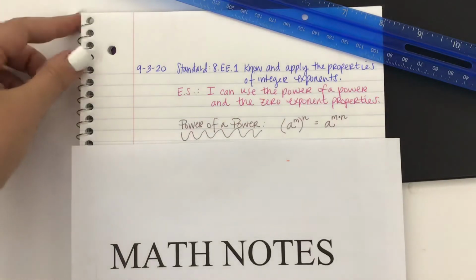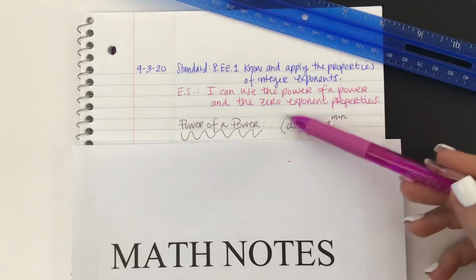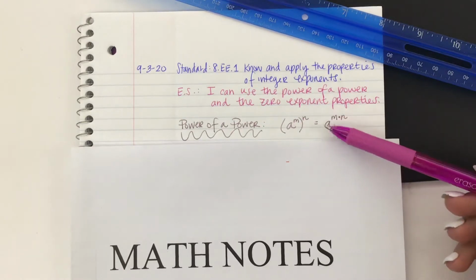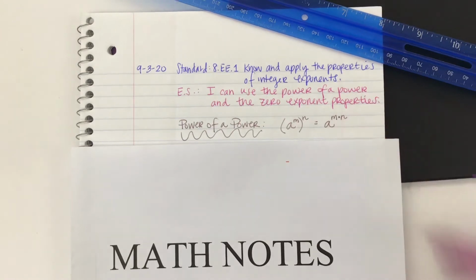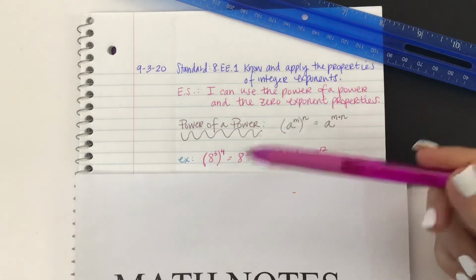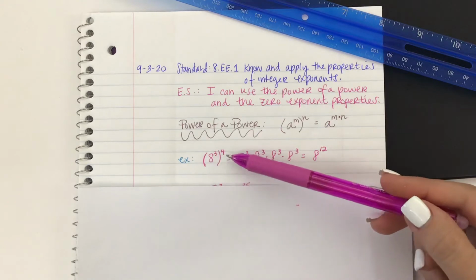It's the power of a power. If you have any base a to the power of m in parentheses raised to the power of n, that actually equals your base a to the power of m times n. Here's our first example. If you have 8 to the power of 3 in parentheses to the power of 4,